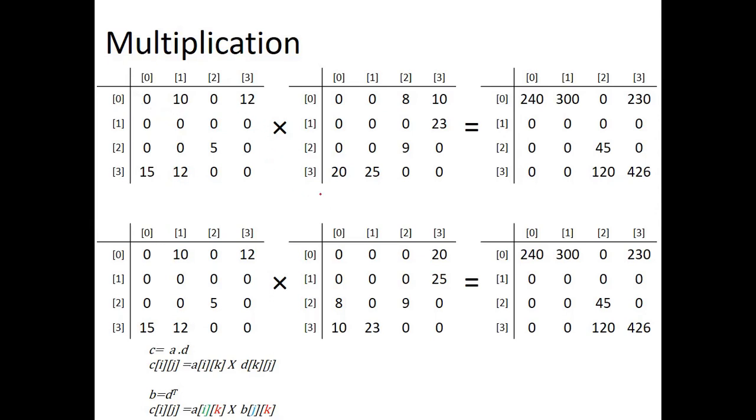So for sparse matrix multiplication, in the general form of multiplication, what we used to do is multiply. Suppose this is matrix A, this is matrix D, or whatever name you give, and this is the output matrix C. To find any entry, for example C32, how did you do it earlier? You used to multiply this row with this column.